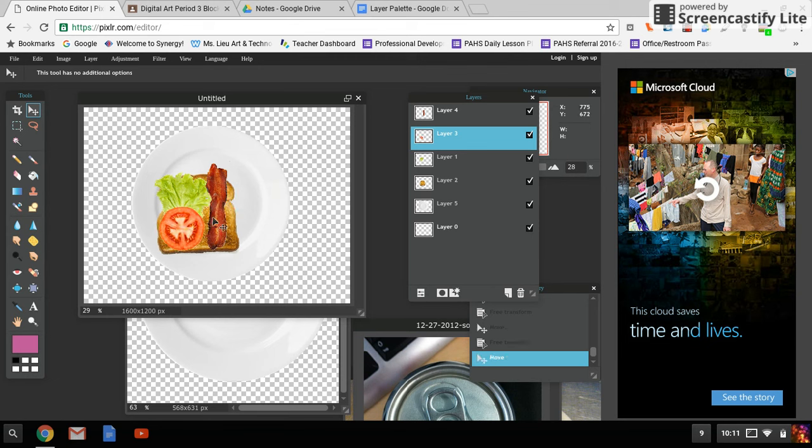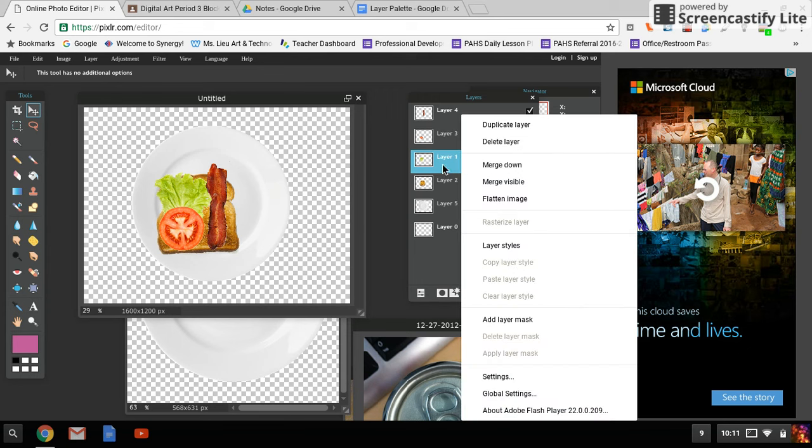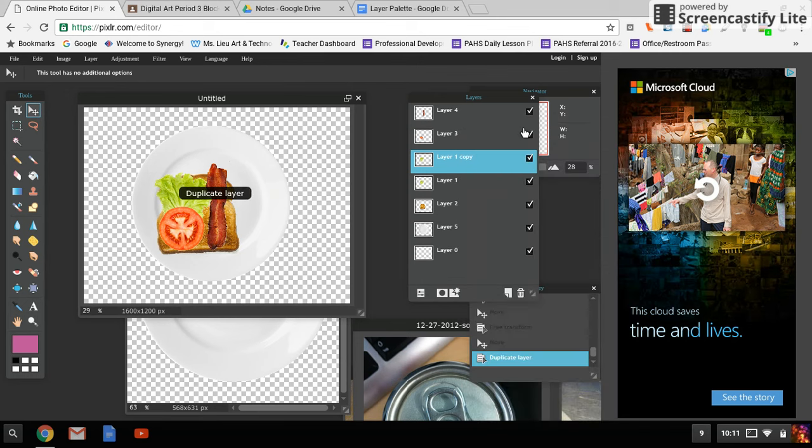All right, so you can actually have 2 pieces of tomato, 3 pieces of lettuce. I don't like just one bacon on my sandwich. You can do whatever you want, but I'm going to show you how to duplicate some of these. So let's go ahead and add more lettuce. You just right click on the layer that you want to duplicate, click duplicate layer,